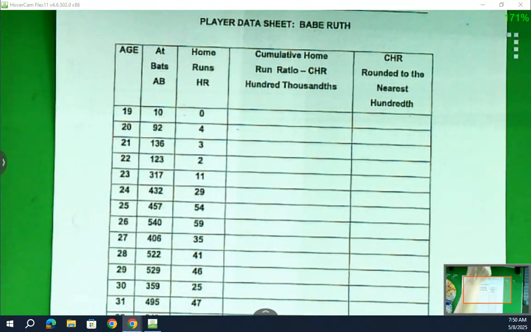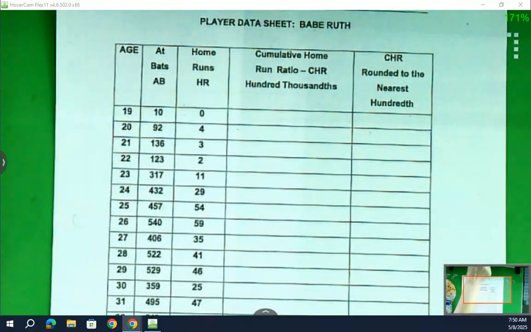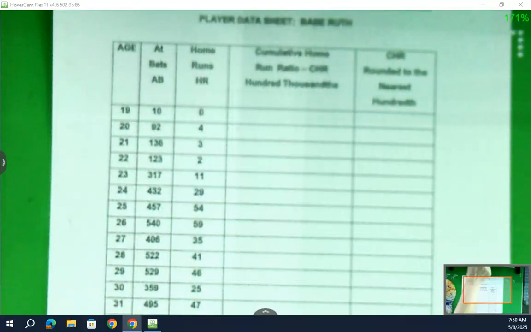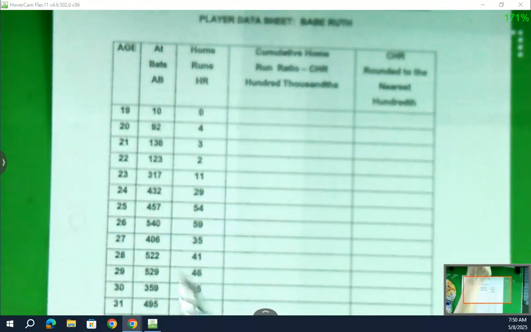Okay, today we're going to be looking at some data that we're going to be collecting on Babe Ruth. We're going to be looking at his cumulative home run ratio over the course of his career. And then once we get our data, we are going to go ahead and graph it. So looking at our